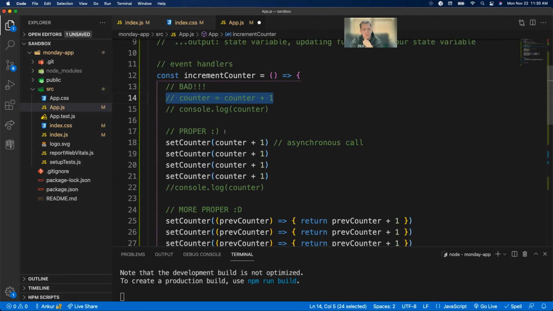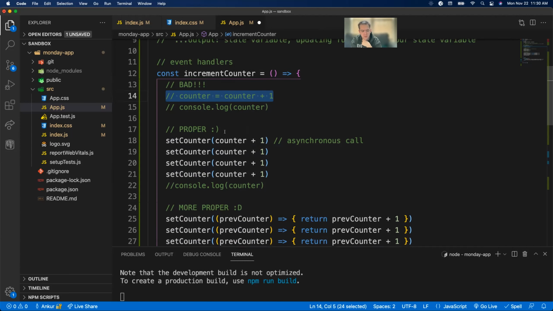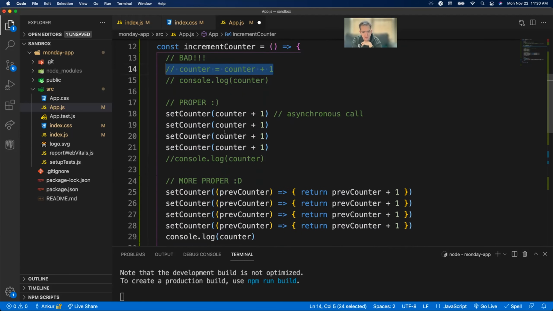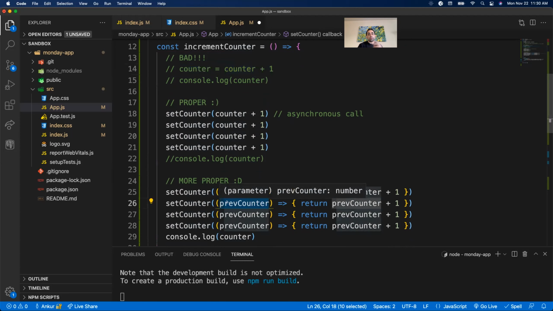I guess for me, what I'm just having trouble connecting is how does previous counter know that you're referring to counter? So this is a parameter that's being passed in for us. So this is some React magic. When we have an anonymous function here, React is going to give us the previous value of counter to this function. So we're going to accept that here and just increment it and return the new value that we want based